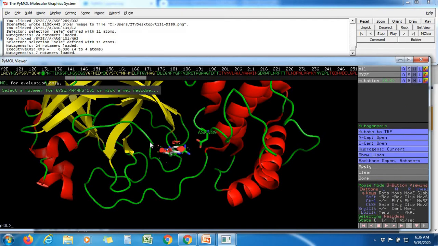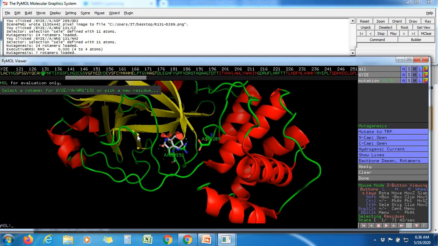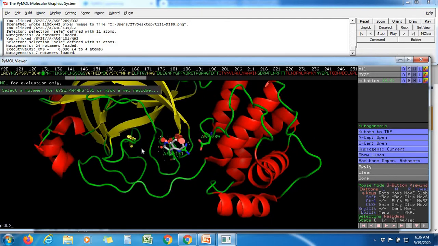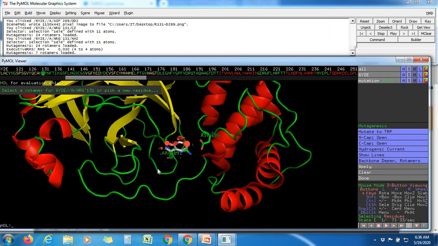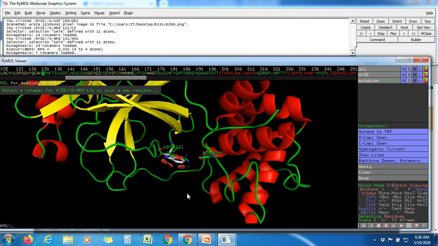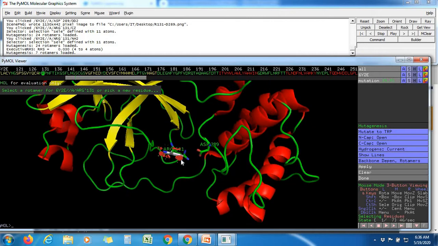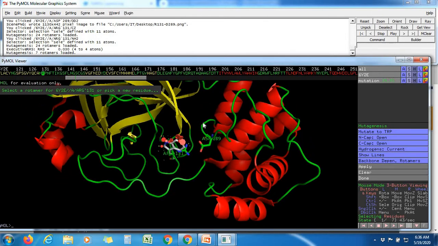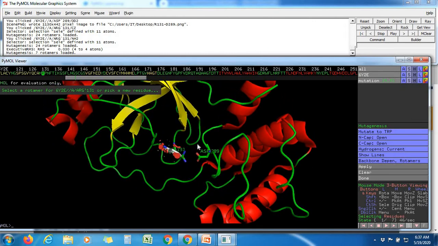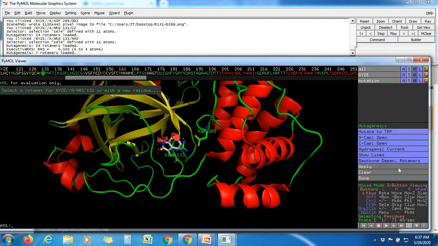If you click on tryptophan, it is going towards the other direction. Now it will not be able to make hydrogen bonds with the aspartic acid. It has lost the hydrogen bonds here. So it shows that it may affect the hydrogen bonds, and it will affect the stability of the protein. Similarly, you can do other mutations.